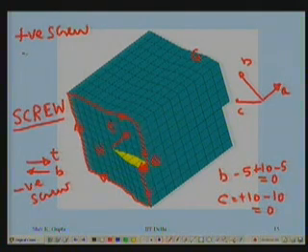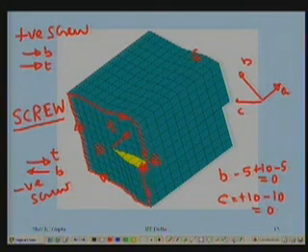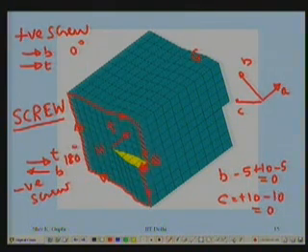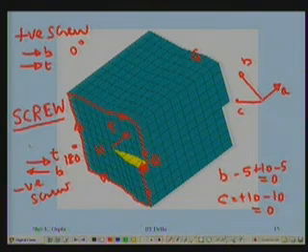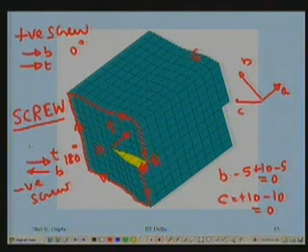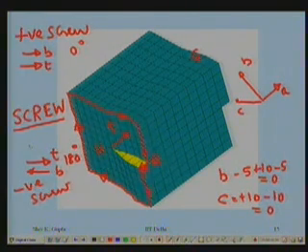In positive screw, B and T would point in the same direction. Angle between them is 0 degrees, angle here is 180 degrees. So the relationship between B and T I have talked about: 0 degrees, 90 degrees, 180 degrees and 270 degrees. 360 degrees again is the 0 degrees. And these give me the straight line dislocations, screw dislocations and the edge dislocation.